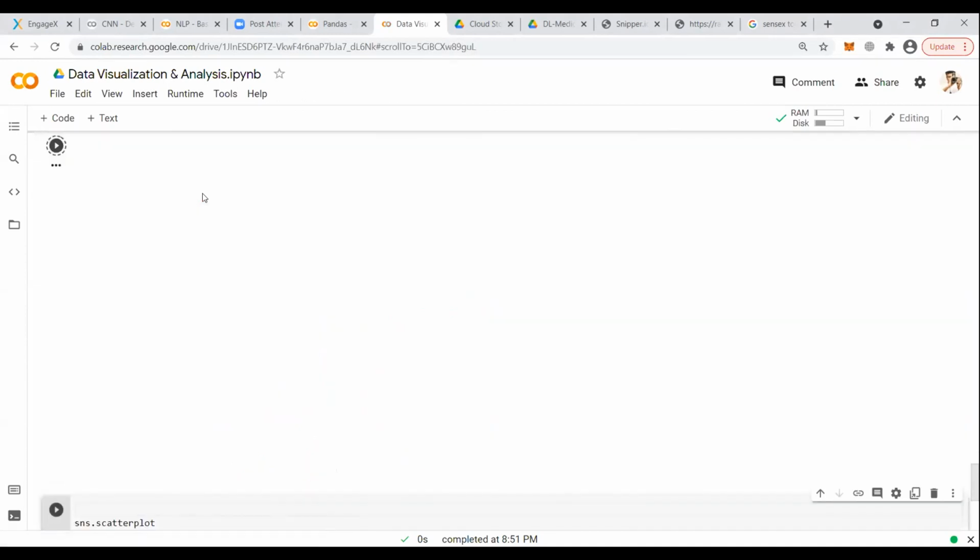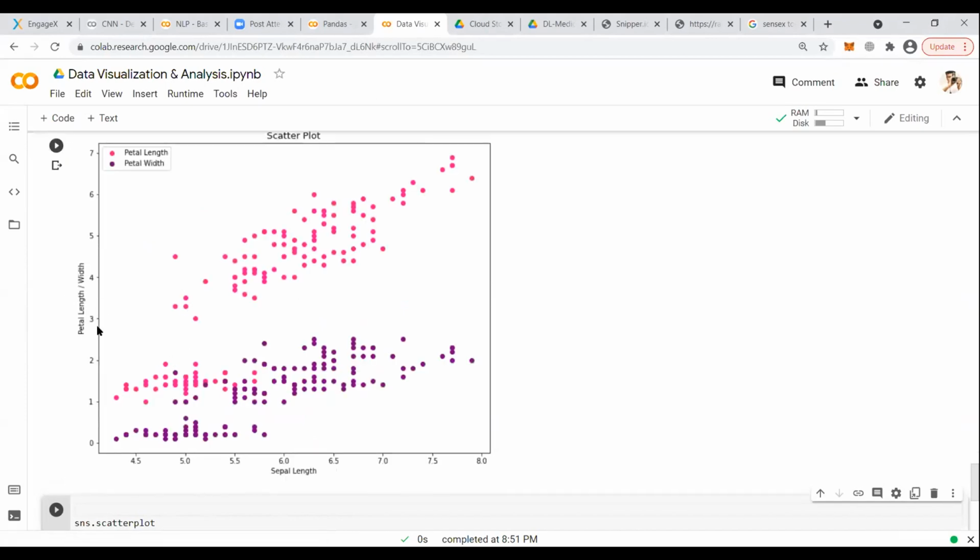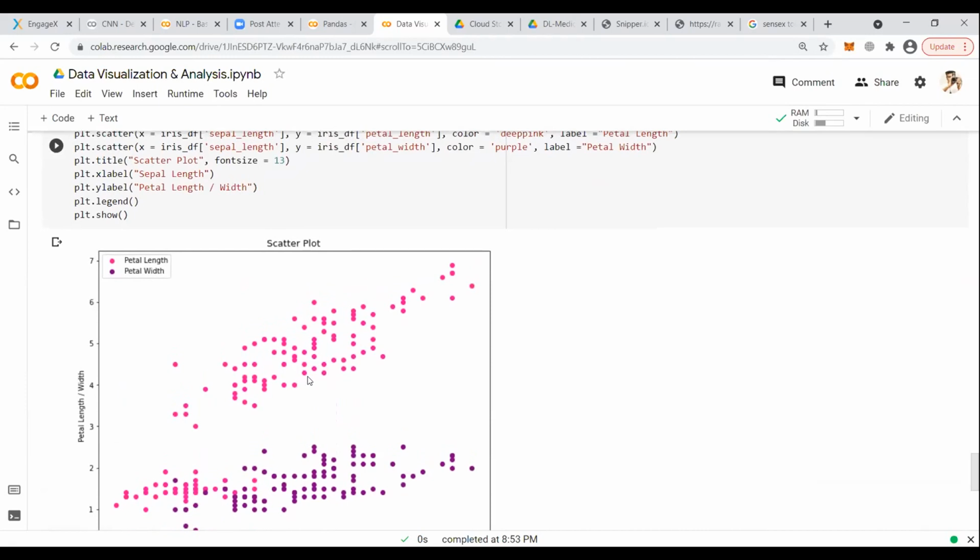Otherwise, you can remove it as well, doesn't matter, because anyway we are using the label part. So sepal length versus petal length and sepal length versus petal width, that is also fine without the presence of ylabel.